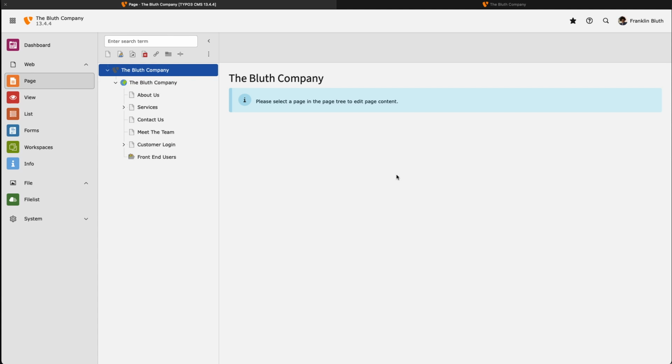The page tree also serves as a sort of container for items, such as news stories, blog posts, and in my case, I have a specific folder for front-end users. Notice that I have 5 pages at the top level of my site: About, Service, Contact, Meet the Team, and